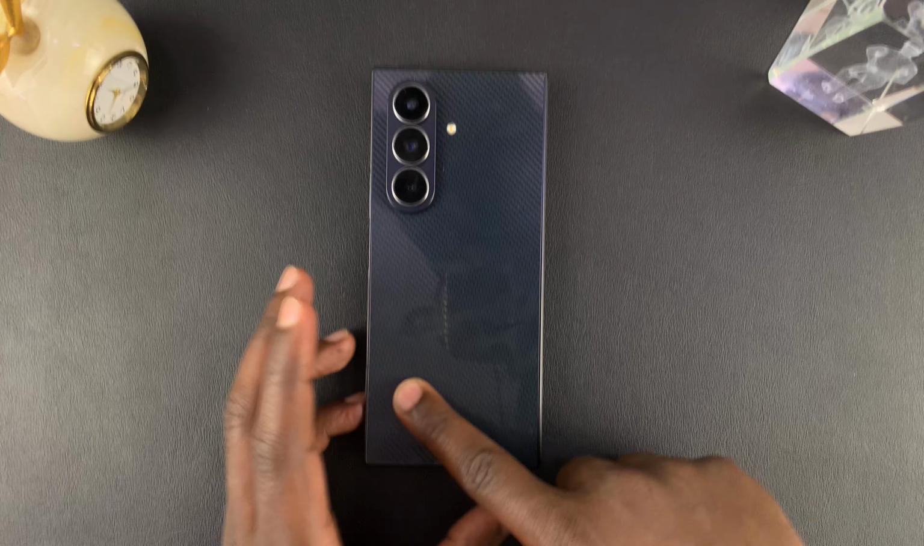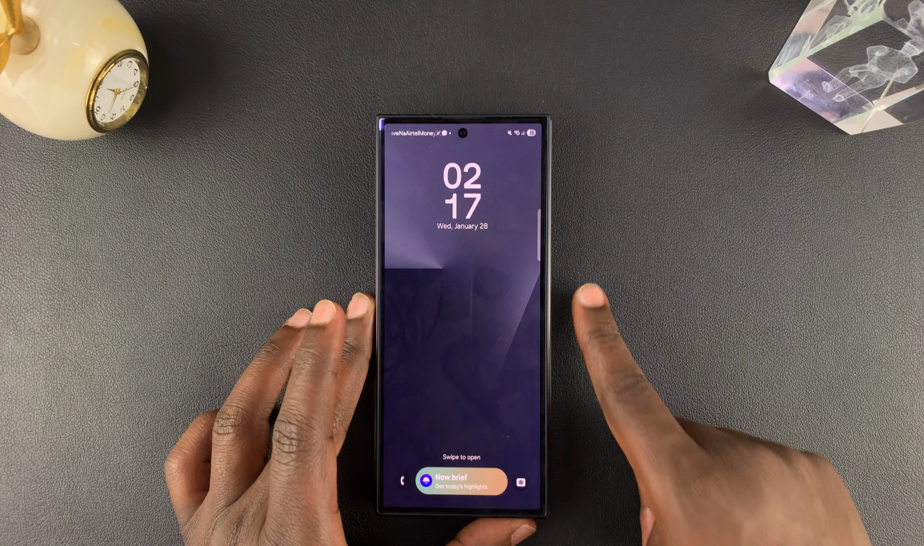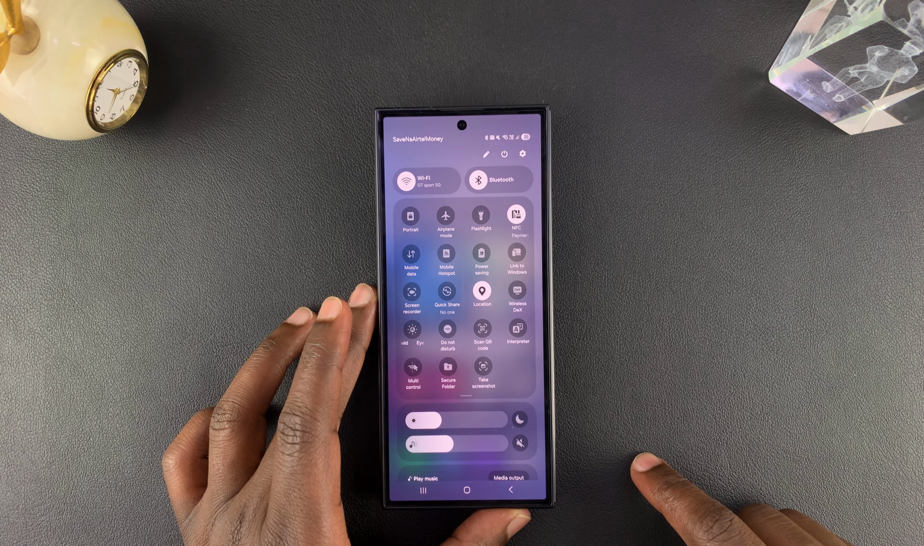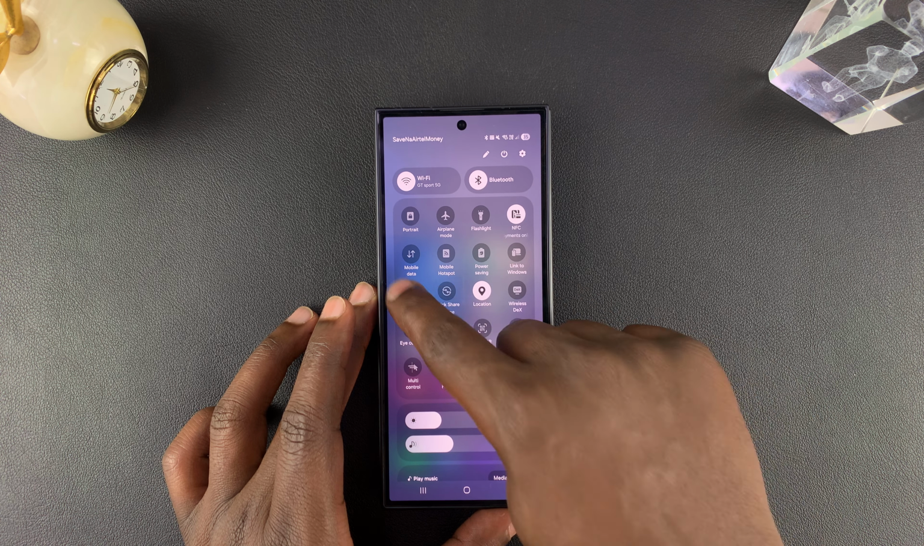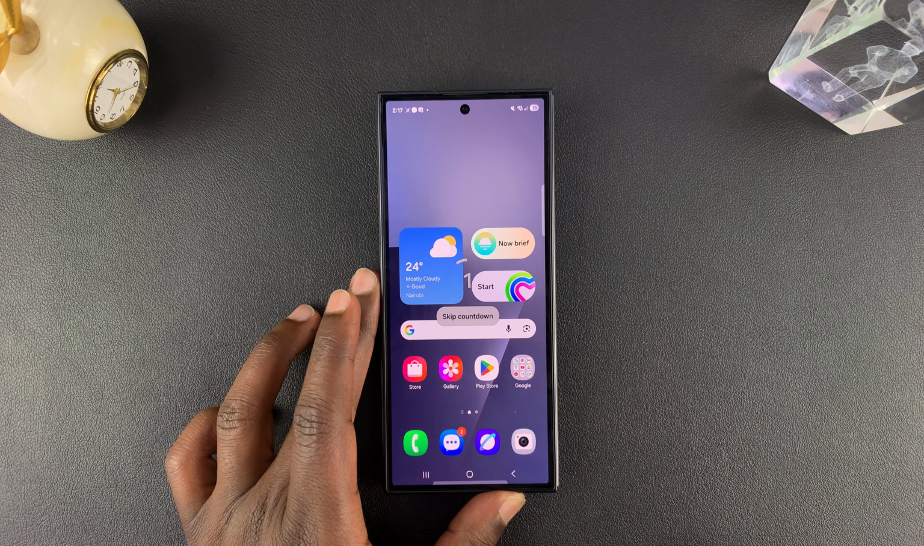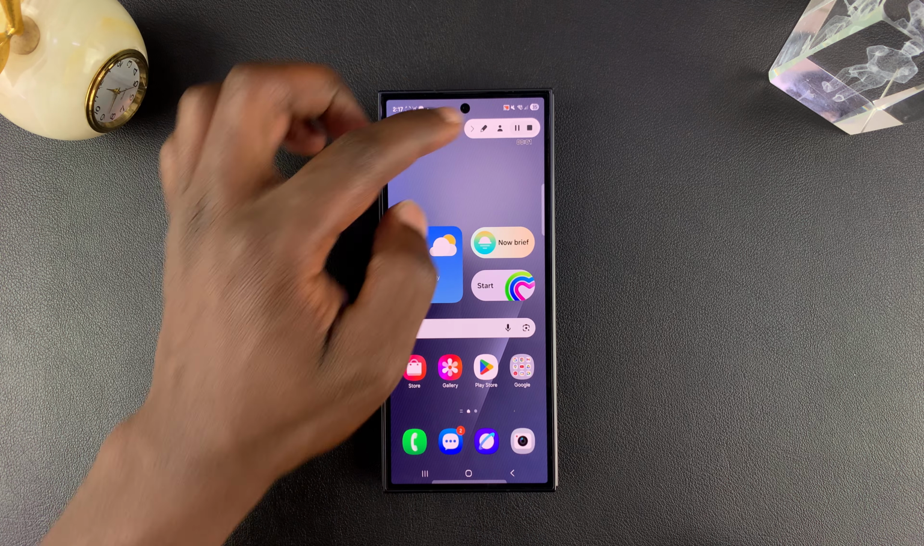Now, you can also record the front screen or the smaller screen. Same process, swipe down again, find the screen recorder icon. There you go. Tap on start recording, a 3-second timer, and it starts recording your screen with all the options you had